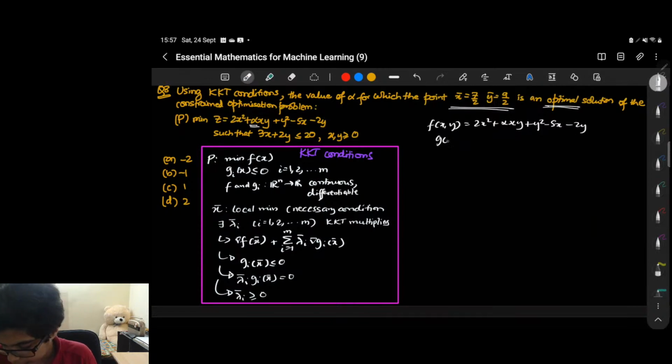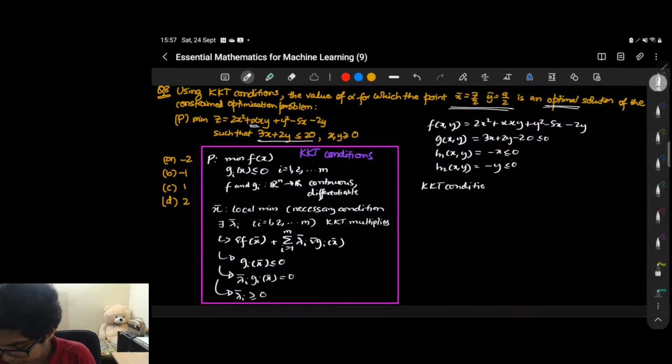And my first constraint, according to the convention of this course, the first constraint which is significant over here is this constraint. So this is written as G. And then we have other constraints, which is basically stating the positivity of X and Y. So from the KKT condition,